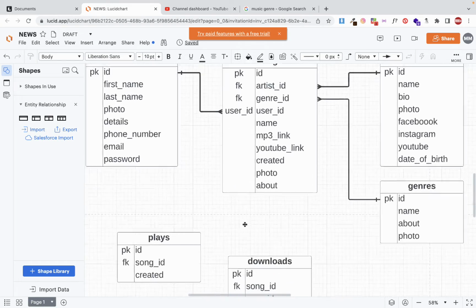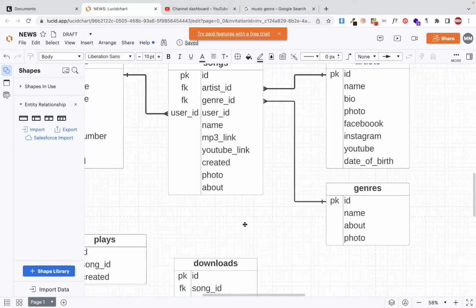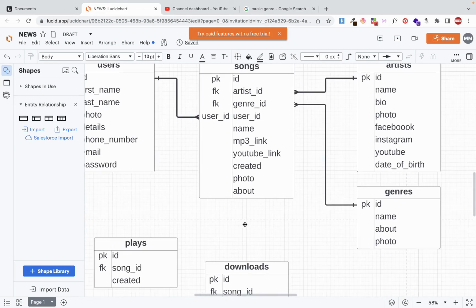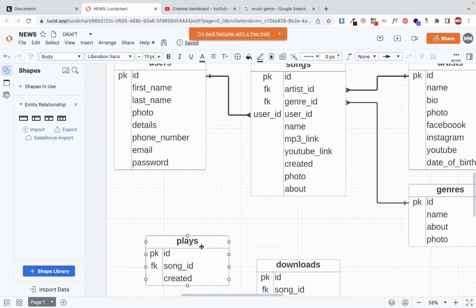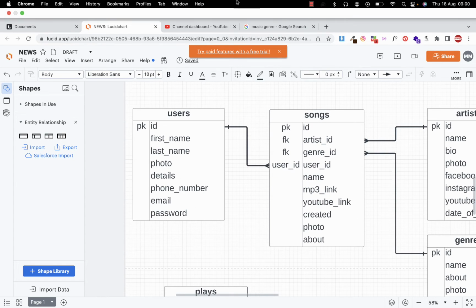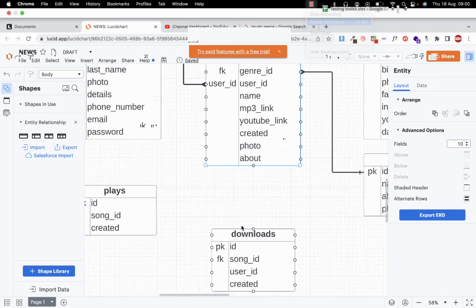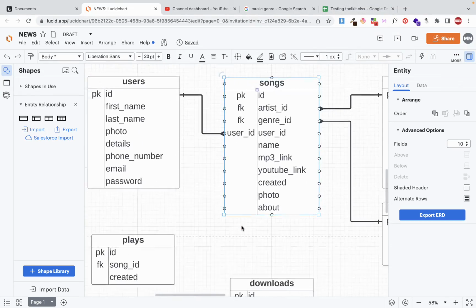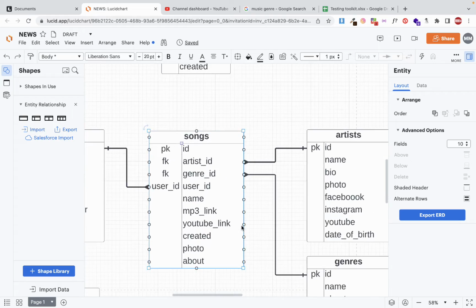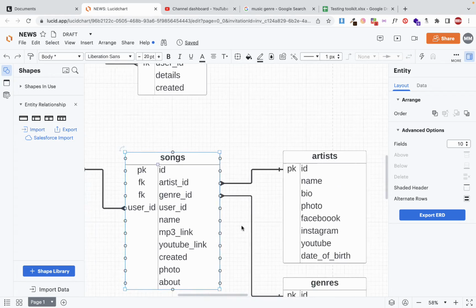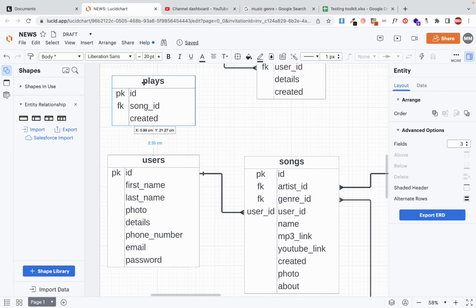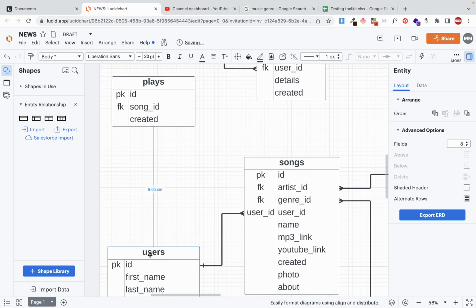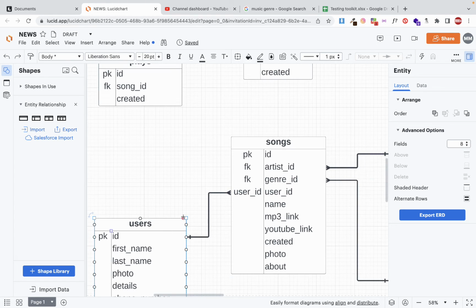So the next thing is going to be the plays and downloads. These plays and downloads are also going to depend on a song. So what I'll do, I'll move this plays table on top here. So we have here a number of plays, and then we are going to connect it with users who play these songs. I'll go ahead and move this table of plays on top here, because it has a foreign key that is